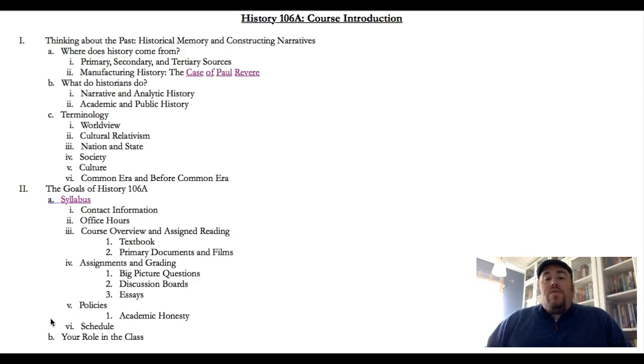Now, history is also about making stories and building stories. And here I refer to it in this outline that you see here as constructing narratives, right? That's just a fancy way of writing and telling stories. And that's what historians do. They tell the story of the past. Narrative is really important to us, right? We analyze a lot about what's happening in the past, but that's what helps to shape how we tell a story.